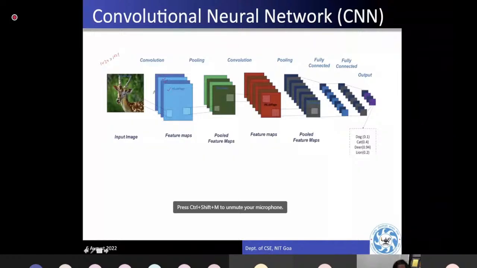As I said, for the eyes we are putting some filters, with some numerical values, real numbers, in the filter, and somehow it detects that this is the eye of the deer. Similarly the ear, the mouth, the horn. All these are coming. That's the convolution layer, and in terms it's called the feature maps.